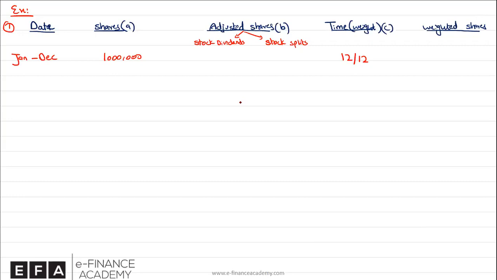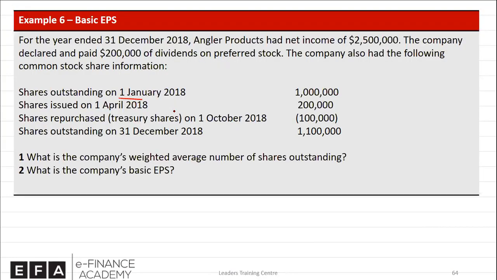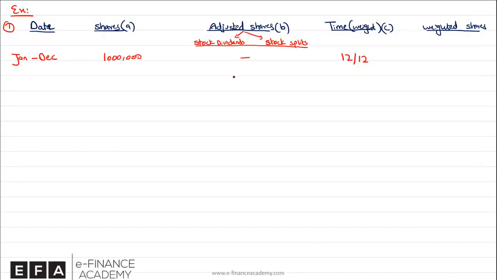So the net worth of the company and the investor will remain the same. Whenever in the example we have stock dividends and stock splits, we will use this column. Otherwise, we'll keep this as blank. And as you can see in this example, you'll not find stock dividends or stock splits, hence we're not going